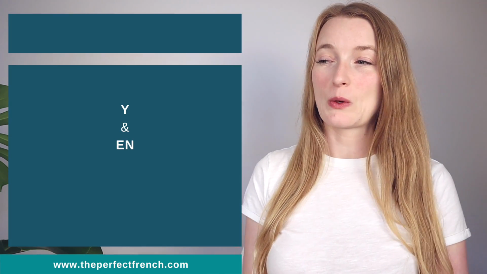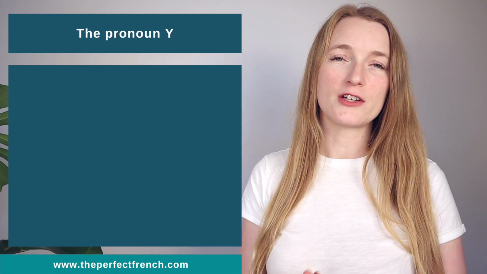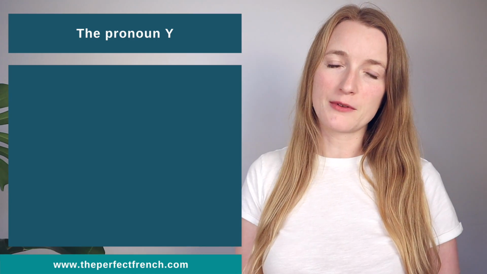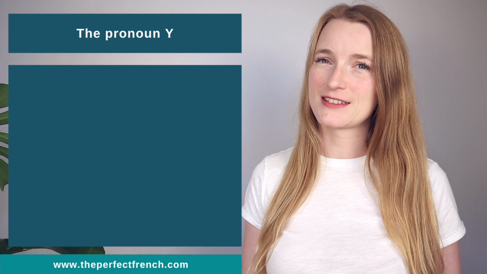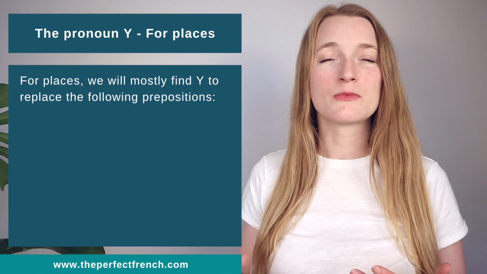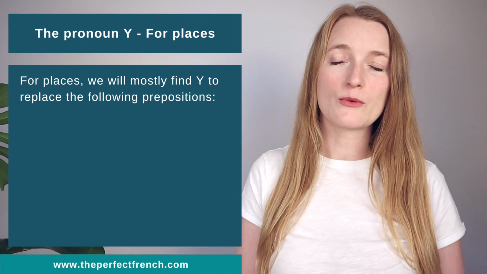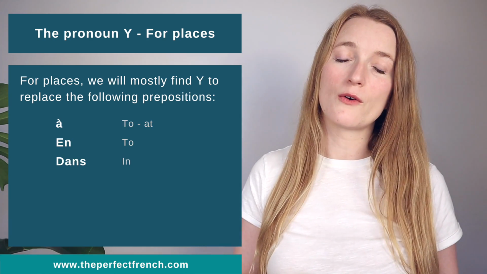So as I said, we are going to learn y and en. But first, we are going to focus on y. We can use y for two different types of sentences: for places and for things. Let's start first with places. For places, we'll mostly find y to replace a group of words starting with the prepositions à, en, dans, et